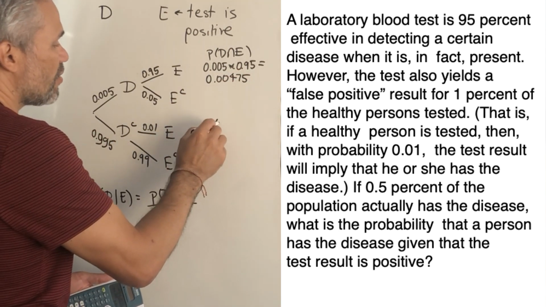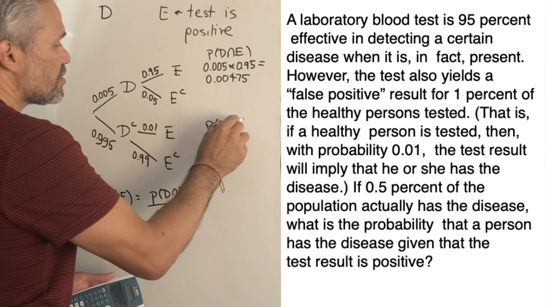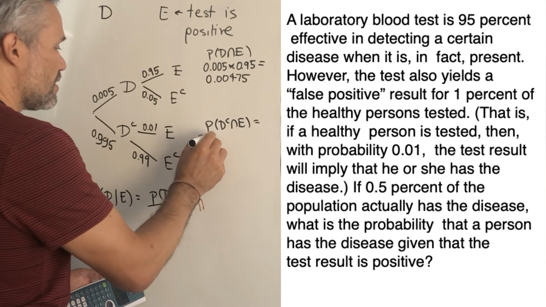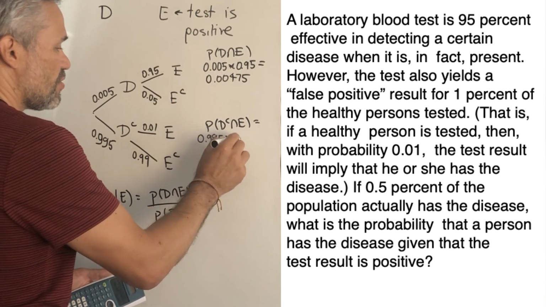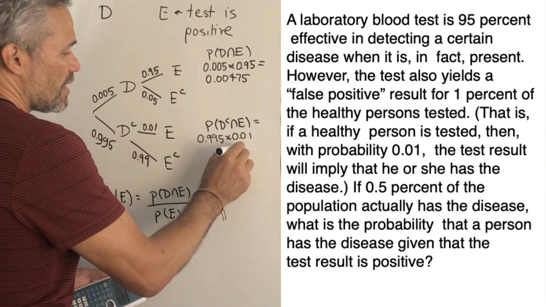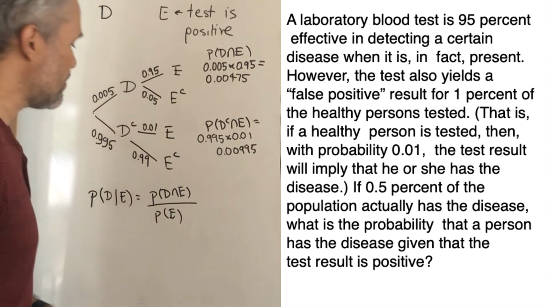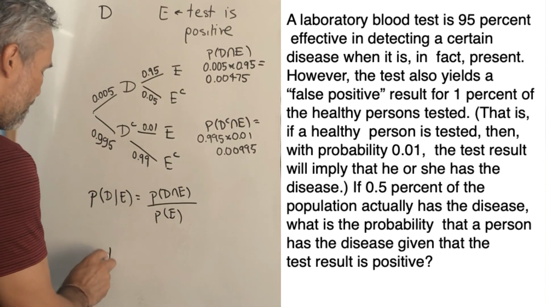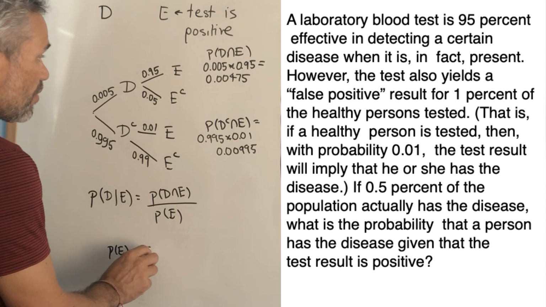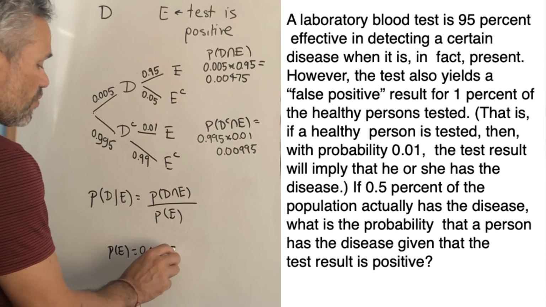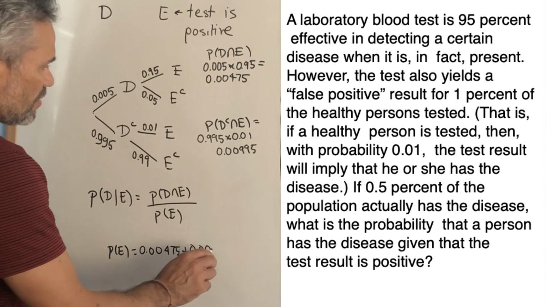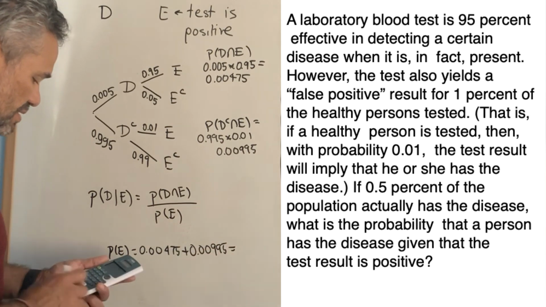The probability of D complement intersection with E is equal to 0.995 times 0.01, and this is 0.00995. That means that the probability of E is the sum of these two, 0.00475 plus 0.00995, which is